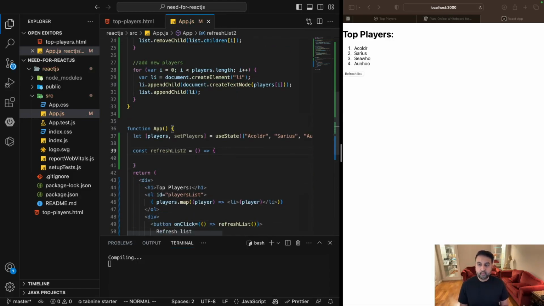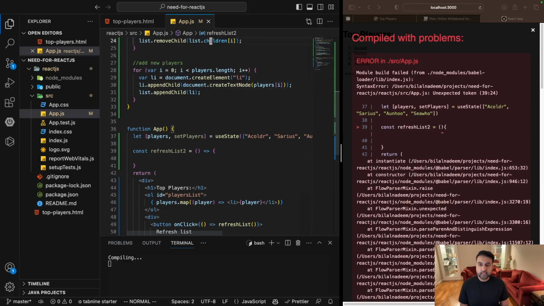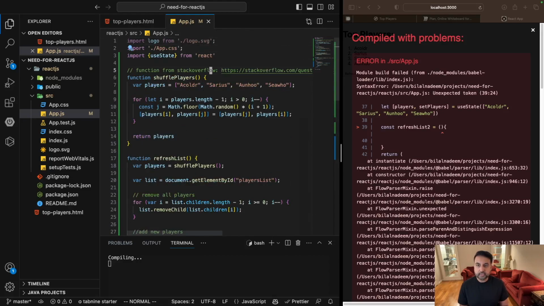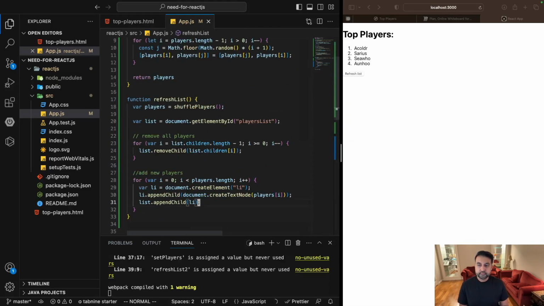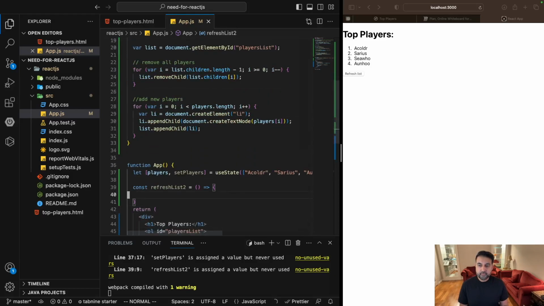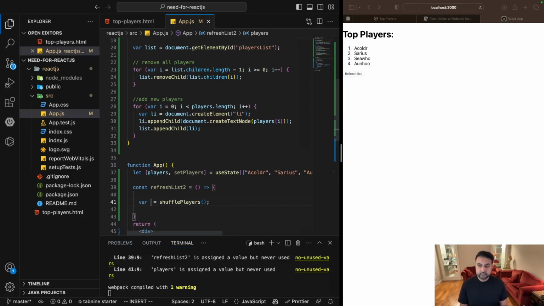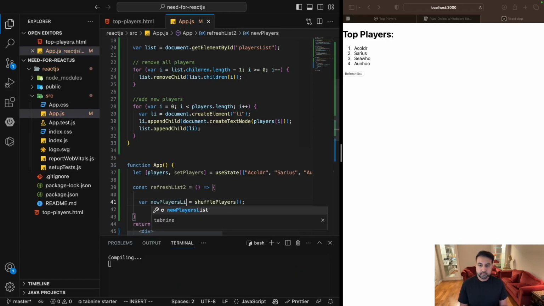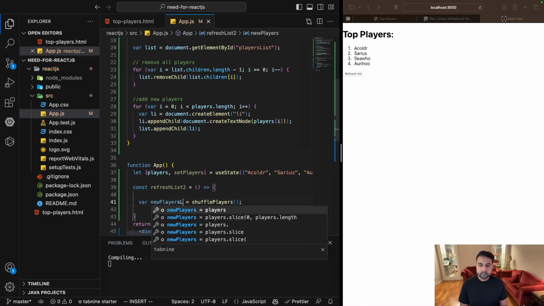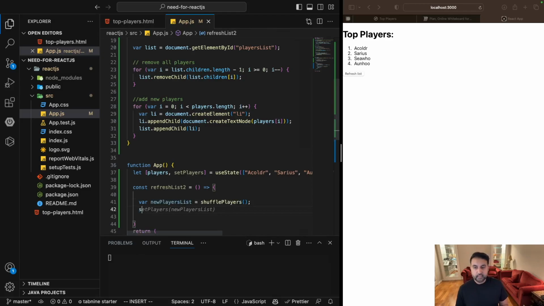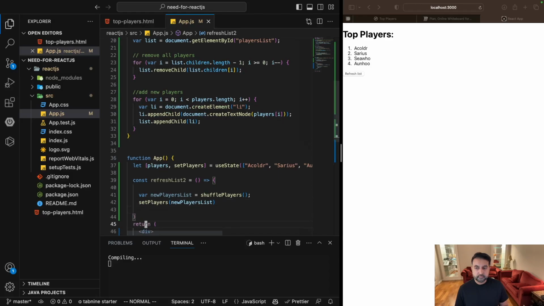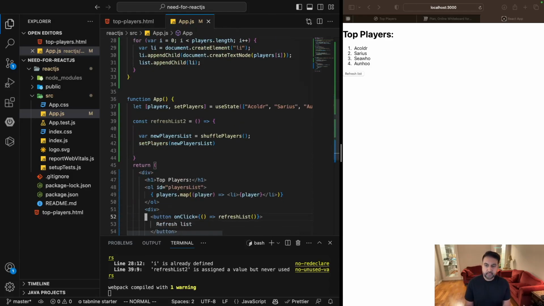And within this, what I want to do is randomize it. So I'm going to call that function which is up here, shuffle players. So all I have to do now is a variable with shuffle players, and let's call it something else. And I'm just going to do setPlayers, new player list. And let's change this function to